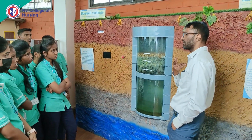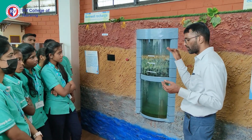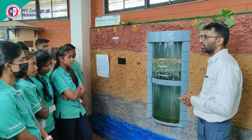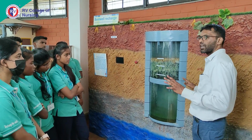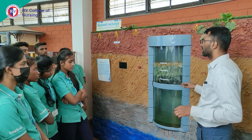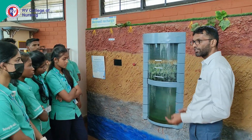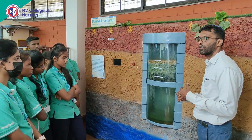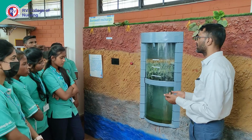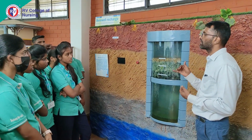There we have done rainwater harvesting. We have allowed the water from the roof, from the surface of the earth, and we are allowing it to percolate into the ground. Because of the urbanization there is hardly any space for the water to percolate. Most of the water if it falls in the entire city, it will fall on the buildings, it will fall on the roads, and if it will fall on the walk paths, there is hardly any space for the water to percolate. That is why it will flow out of the city,